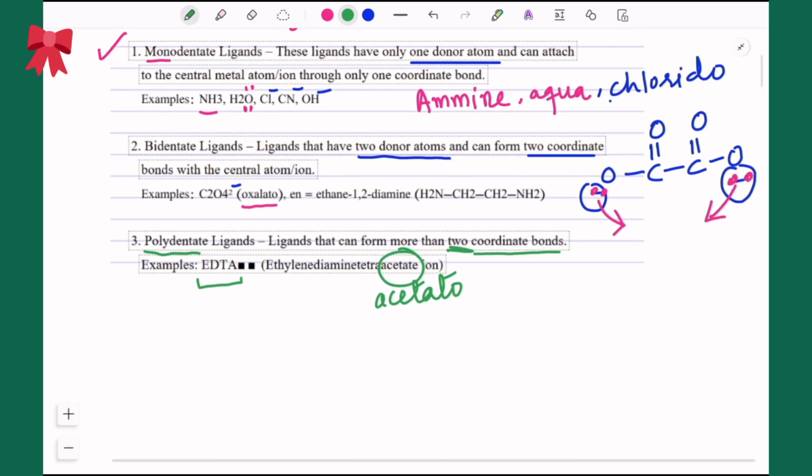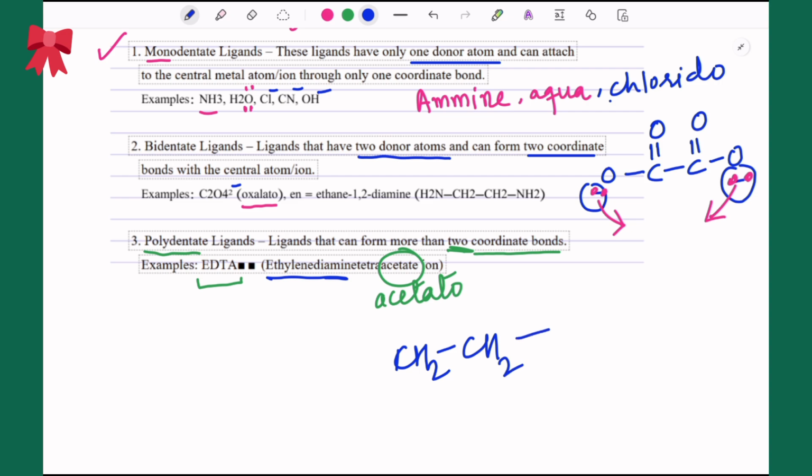In the exam, they have also asked questions on drawing the structure of EDTA. It's very simple. See, its name is ethylenediaminetetraacetate. So first you draw ethylenediamine. You first draw the ethylene skeleton, then you draw the diamine. That means you have to draw nitrogens and hydrogens. So this is your ethylenediamine, ethane-1,2-diamine. Now it is tetraacetato. So what you have to do here is